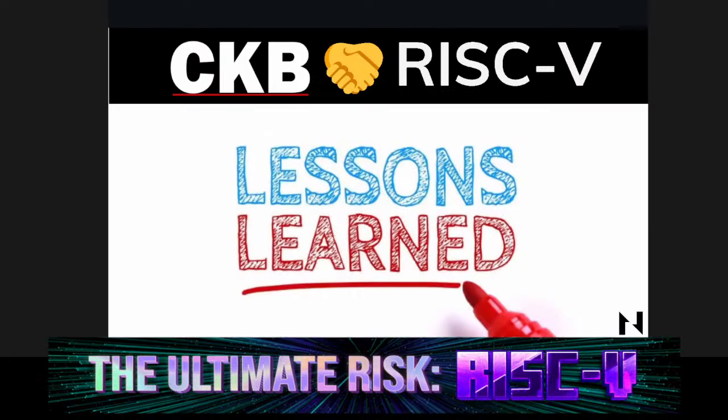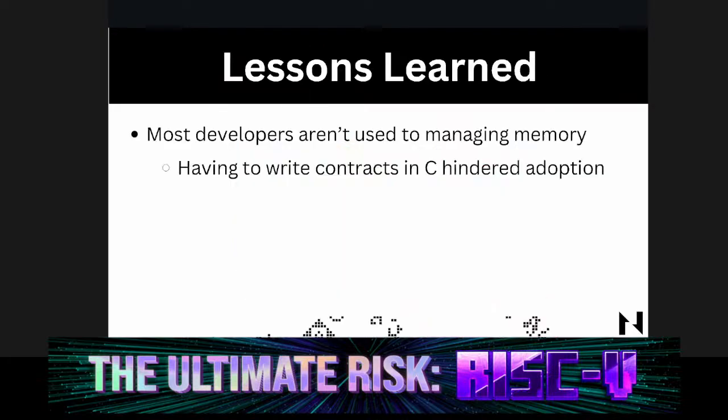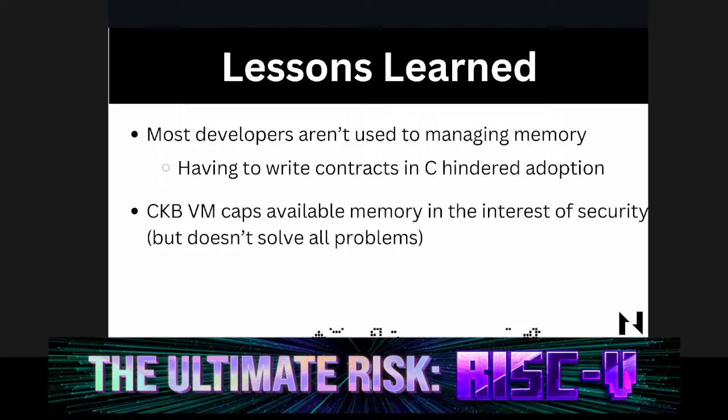Okay, this is the fun part. Lessons learned in building CKB for others looking to build virtual machines using RISC-V. First off, most developers today aren't used to managing memory, so writing contracts in C will hinder adoption, which seems easy enough. Additionally, regarding memory, CKB VM caps available memory in the interest of security, but unfortunately, this does not solve all problems,